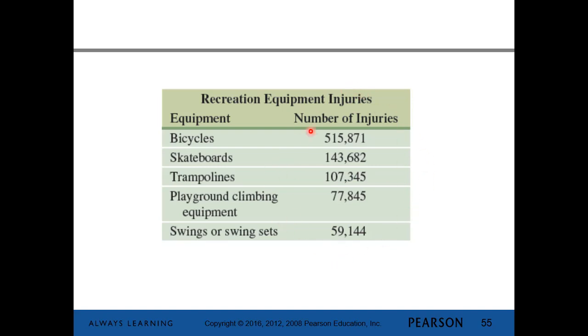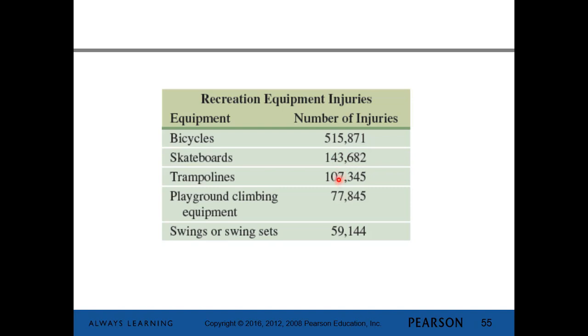What's the sample size? We're going to add up all of these numbers. What would these numbers all add up to? So you've got 700,000, 750, 820, 870,000,